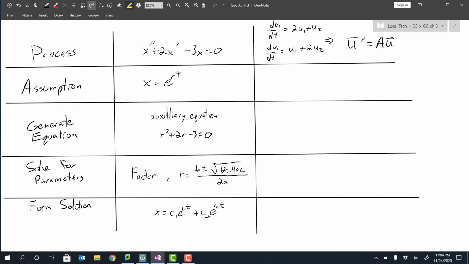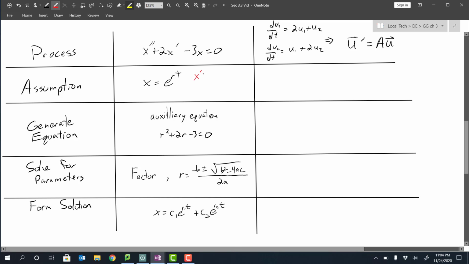So, if we look at column 2, if we look at the differential equation x double prime plus 2x prime minus 3x equals 0, we already know how to solve that. Our first step was to make this assumption that our solution had the form e to the rt. And based on that assumption, we are able to generate our auxiliary equation. We made our assumption, then we calculated the derivative, and we calculated the second derivative. And we plugged those into the differential equation, and we factored out our e to the rt, and the result